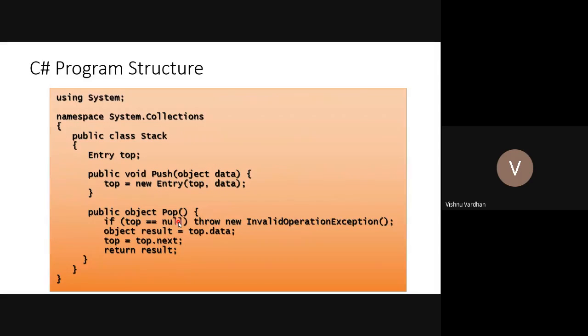And there is one more example which is somewhat higher. This is a root namespace. Using System is the root namespace in .NET. Then you can define your own namespace also in this way, like System.Collections, or you can create one with your company name or the department name, .HR, some financial. So in that way you can create your own specific namespace. Under this namespace you can write some classes.